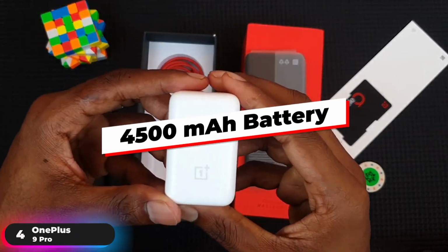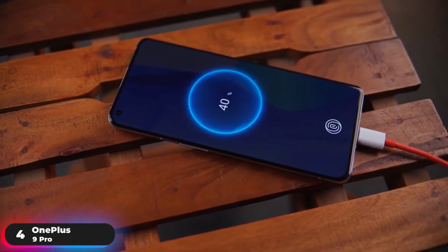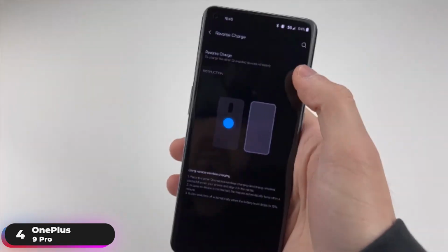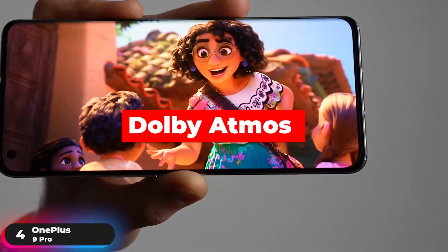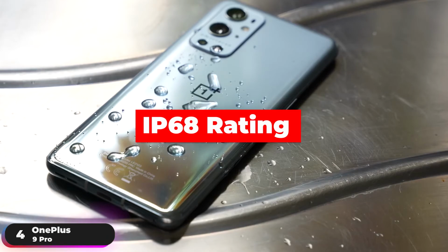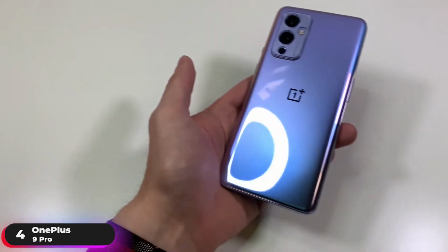The 4500 mAh battery supports Warp Charge 65T, giving you a day's worth of power in 15 minutes, and Warp Charge 50 Wireless for fast and convenient wireless charging. Experience a bold and seamless fusion of form and function with Oxygen OS, immerse yourself in spatial audio with Dolby Atmos sound, and rest assured your phone is well protected with its IP68 rating. If you're looking for a great performing option to keep up with your everyday life, the OnePlus 9 Pro is